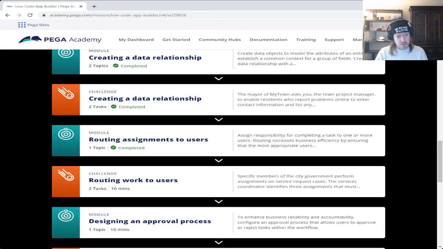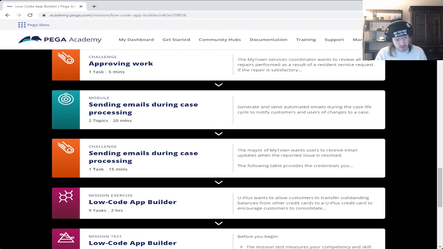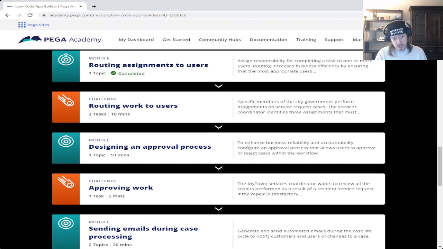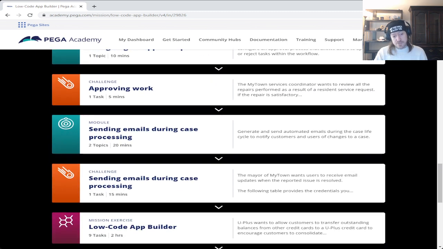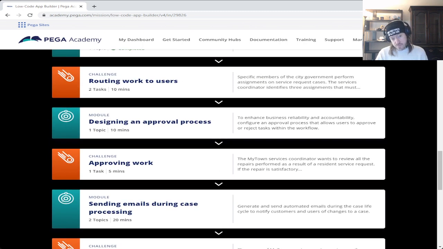We have one, two, three more challenges and two more modules. So at this pace, writing work to users is probably going to be tomorrow's.